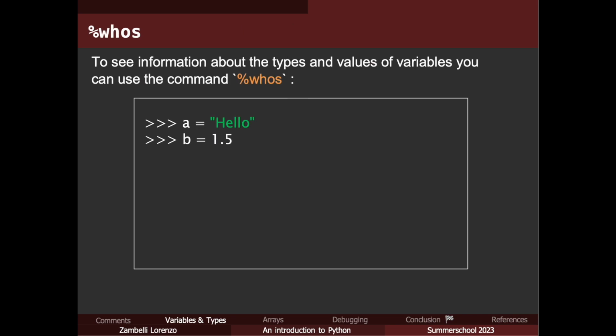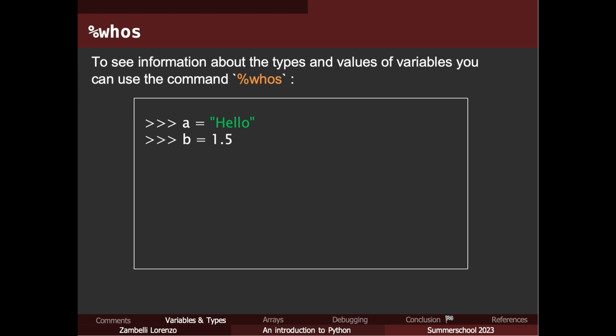The type function is not the only way to check the type of a variable. With the percent sign, we can use the magic command whos to check all the variables that are in our namespace, and also their types and values.